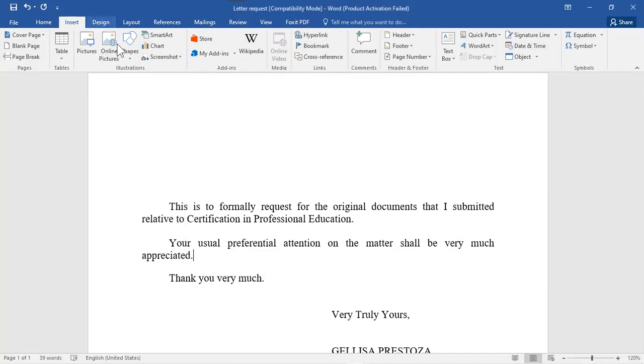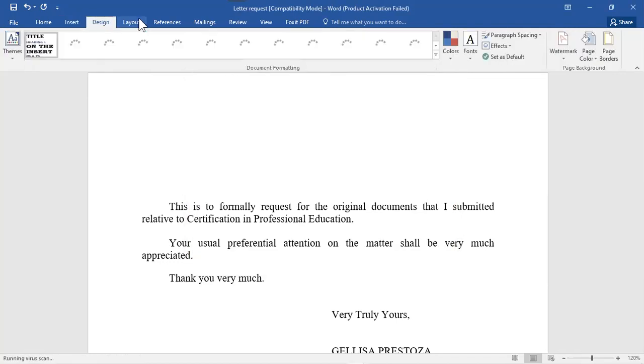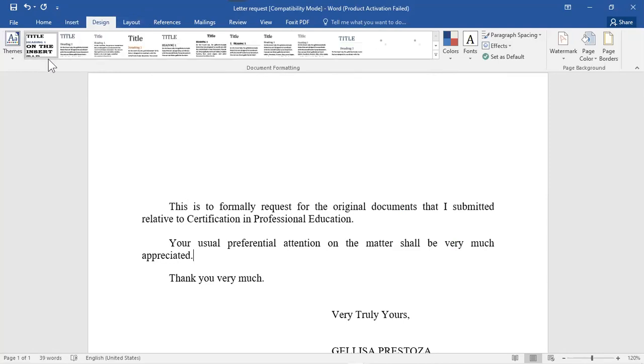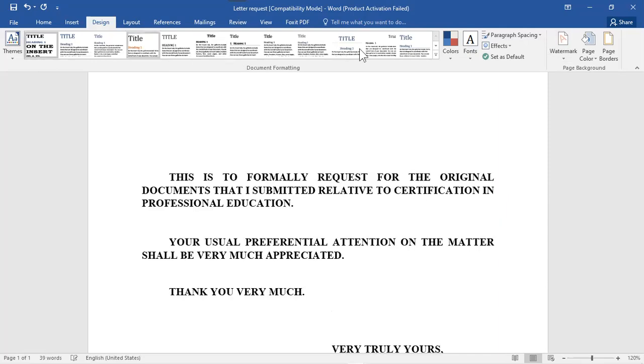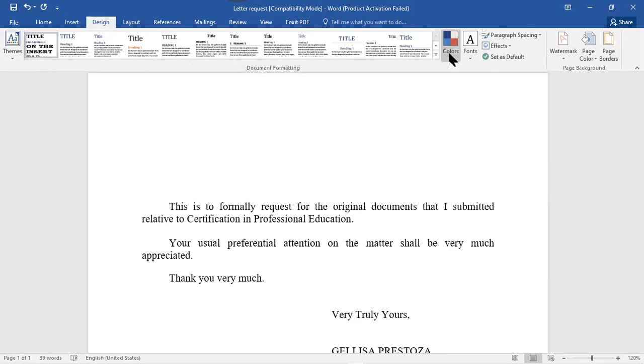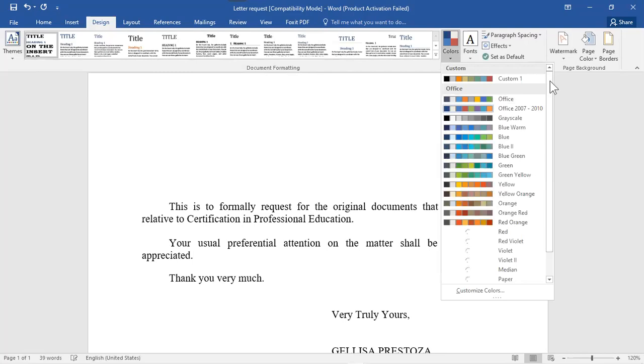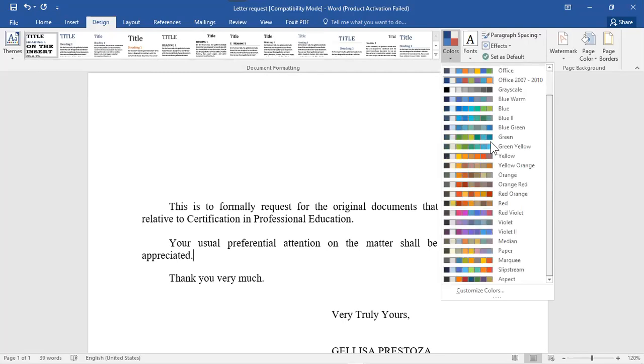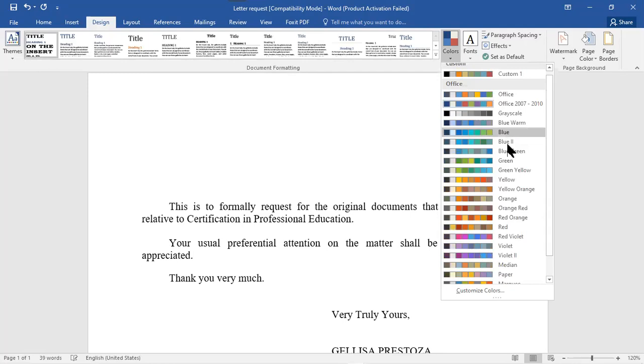And then the design, this is for the creativity of your document. There, you can select document formatting here. As you can see, it will provide you different formatting. And then the colors, and just simply click this one. Then you can select a random formatting here for the colors. For example, blue. Okay. So the colors were being used for, again,